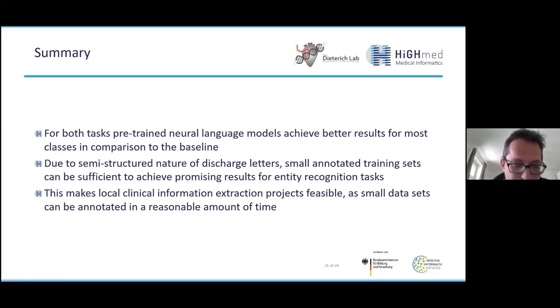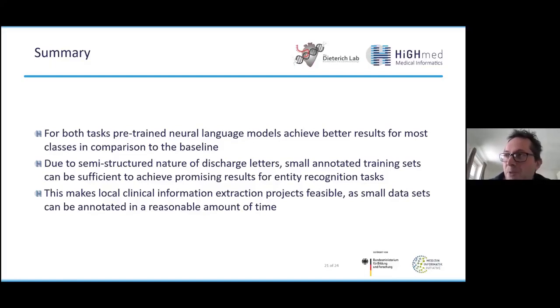So our hypothesis is as well that smaller training data is possible in the clinical domain now, specifically because our discharge letters are somehow semi-structured. Such a discharge letter always contains an introduction and very often contains a diagnosis section or an anamnesis section and a cardiovascular risk factor section, a summary.